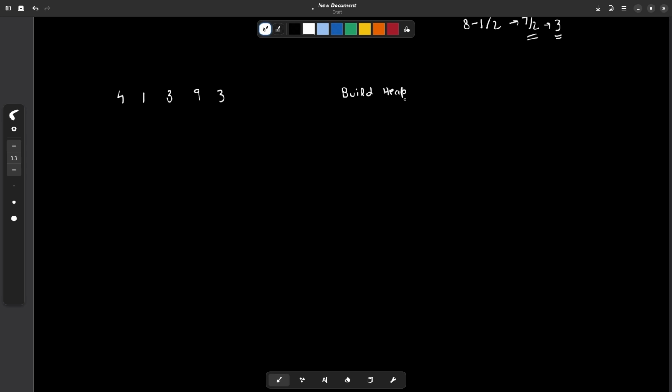Building my heap means that I want to build a tree out of these elements, right? So let us see how we can build a heap. But before that, we need to know some properties of heap. So there are actually two types of heap. First of all, there is a max heap and then there is a min heap,